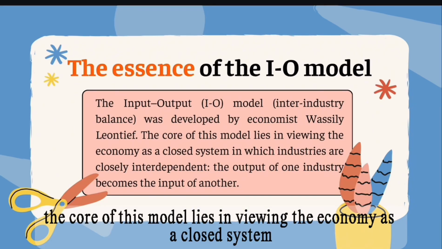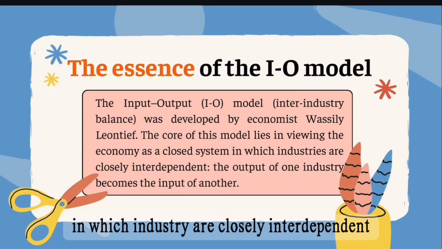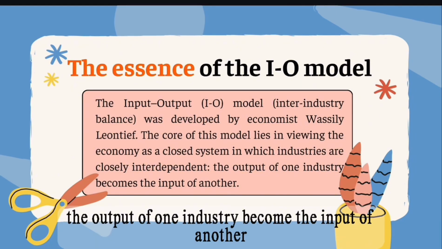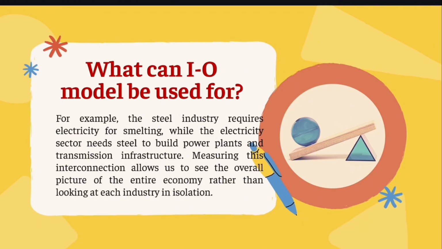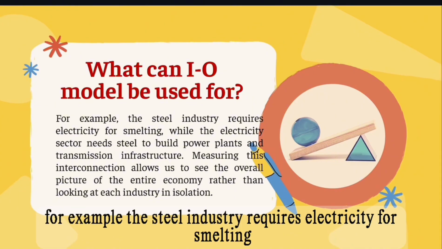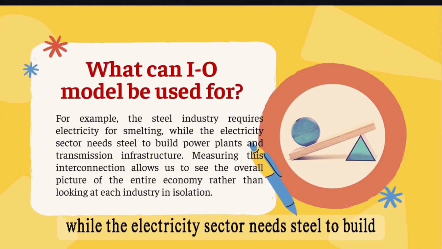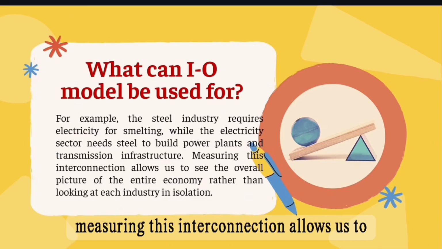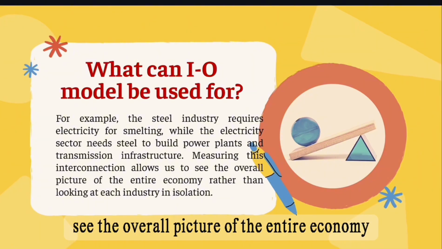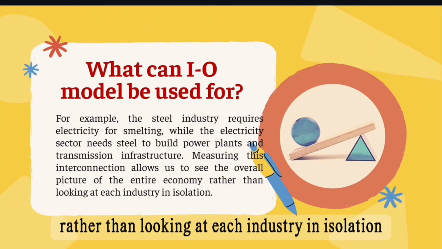The core of this model lies in viewing the economy as a closed system in which industries are closely interdependent. The output of one industry becomes the input of another. And what can the input-output model be used for? For example, the steel industry requires electricity for smelting, while the electricity sector needs steel to build power plants and transmission infrastructure. Measuring this interconnection allows us to see the overall picture of the entire economy rather than looking at